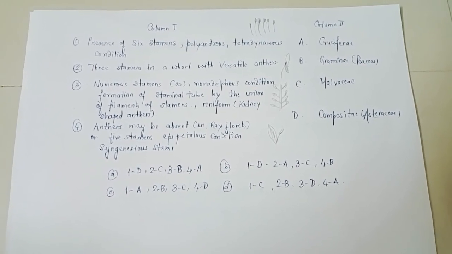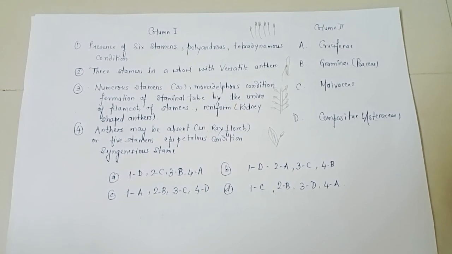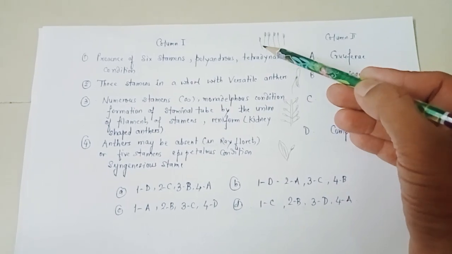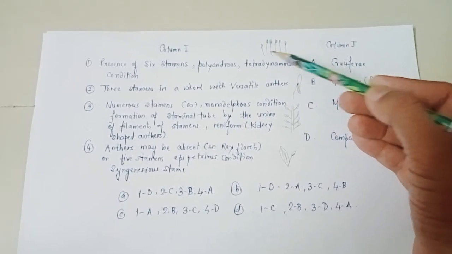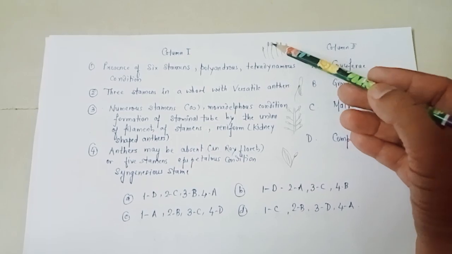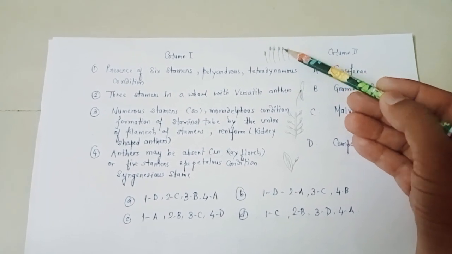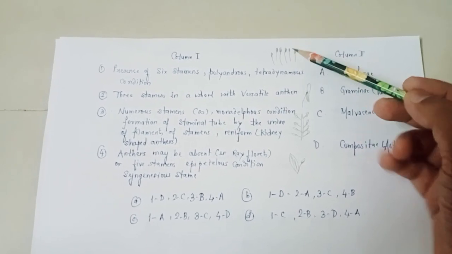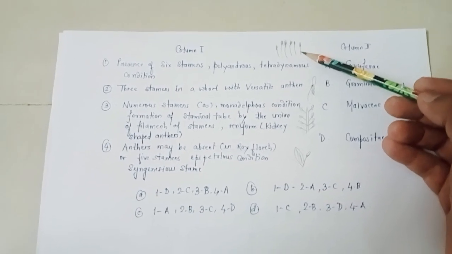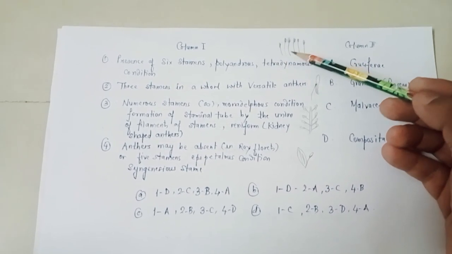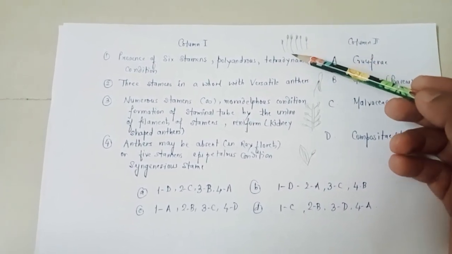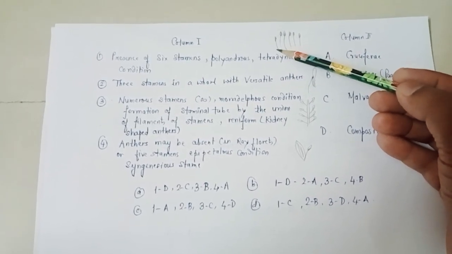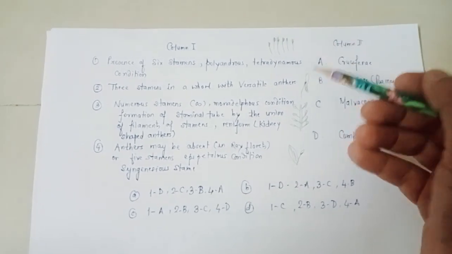character represents presence of 6 stamens, polyandrous, tetradynamous condition. So the number of these stamens, if you look at, there are 1, 2, 3, 4, 5, 6. The central ones have an elongated filament. These are longer, these are tall, we can say. And the ones at the extremes are the shorter stamens. So such a condition where we have 4 long stamens and 2 short stamens, this condition we call